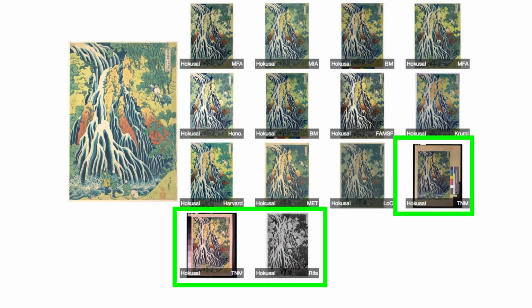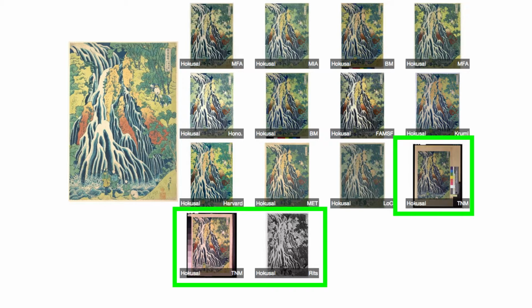Now, one of the things you might notice here is that some of the prints aren't all perfectly the same. There's a couple images here that include additional things in the image, color bars and what have you. And additionally, there's an image of a print there that is actually in black and white. And all of this, the system is smart enough to actually figure out what the real image is and